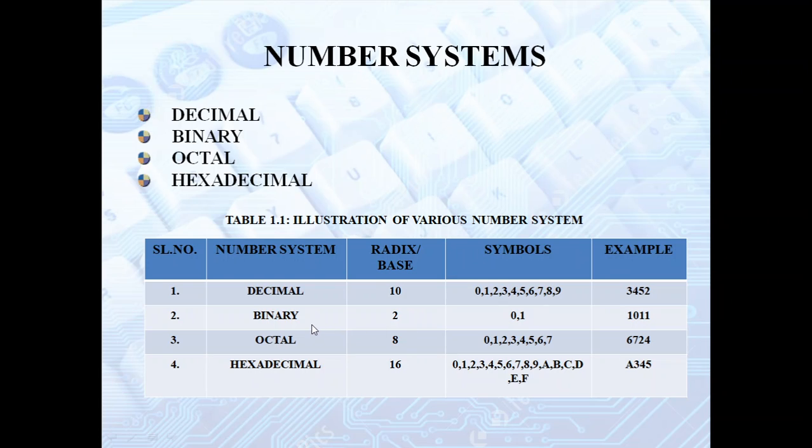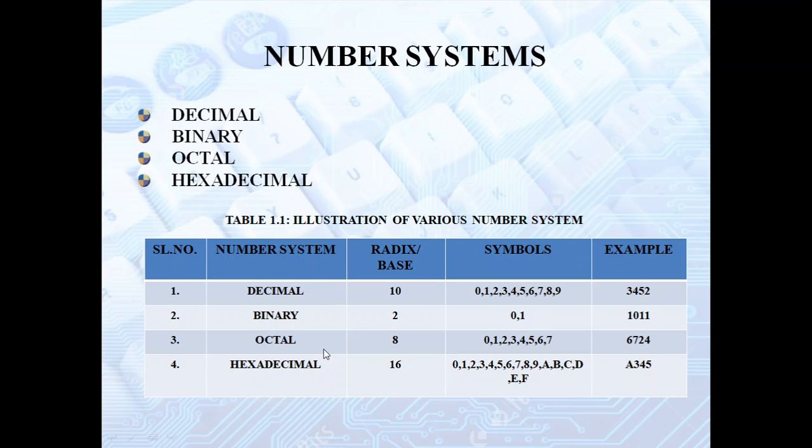Binary number system. Modern computers communicate and operate with binary numbers. The base of the binary number system is 2. It has two digits, 0 and 1. For example, 1011 is a binary number. For large decimal numbers, we have to deal with very large strings and therefore people do not like working with binary numbers. This gave rise to octal and hexadecimal numbers.